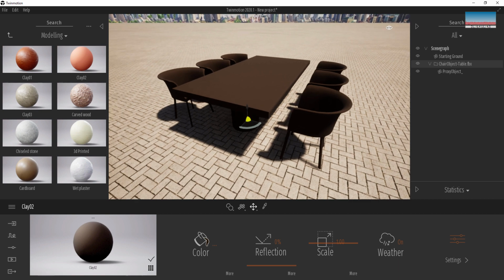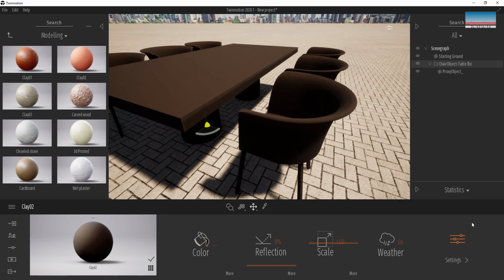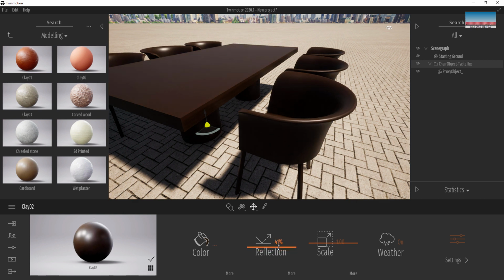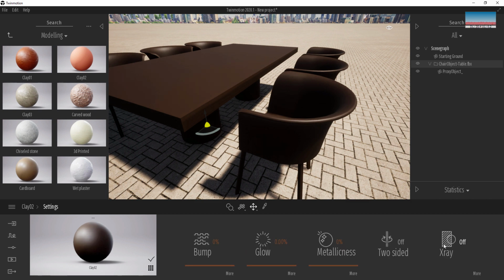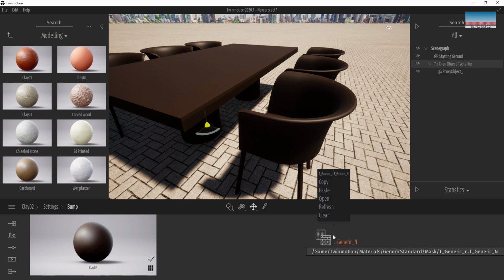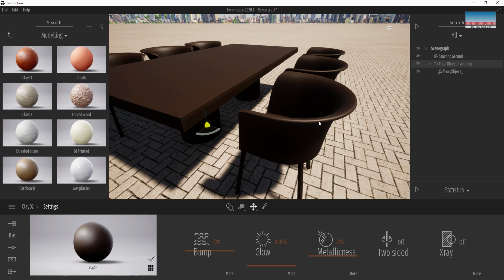There's more specular highlights and some things like that on those chairs. So the next thing that I could start to do is add just a little bit of reflection, and you're starting to see how those specular highlights start to show up. If I go to my settings and more, a little bit of a metallic quality to it, and then just a little bit of a bump map as well is going to break that up in terms of that specular highlight not being super